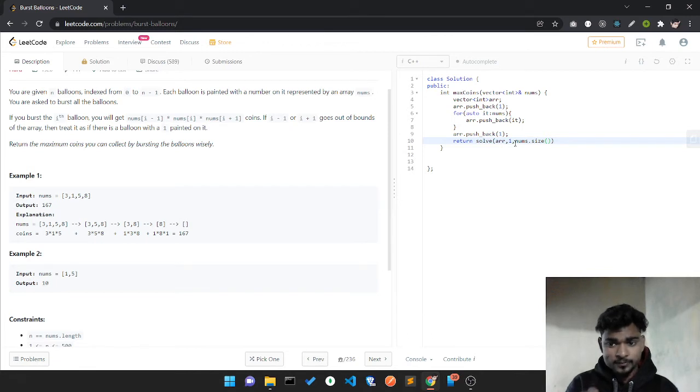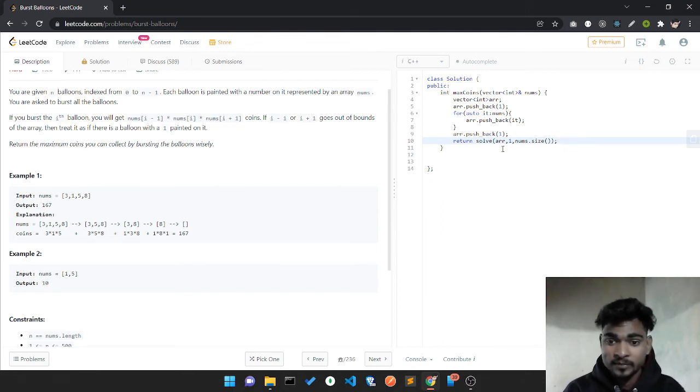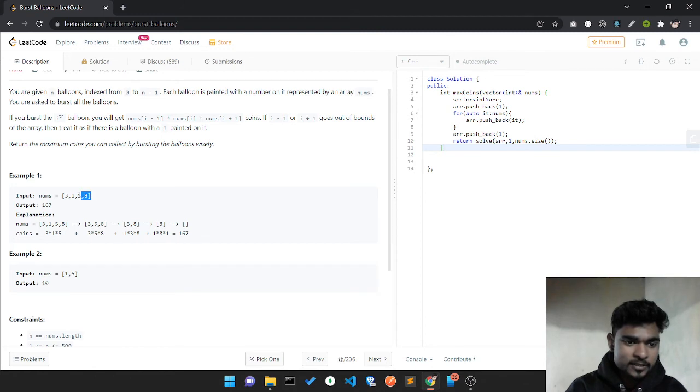Could you get this thing? If you don't, please rewind this video a little bit and you can get it. Let me try to be more clear with this example.